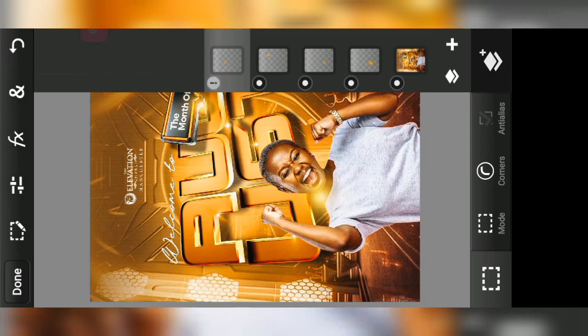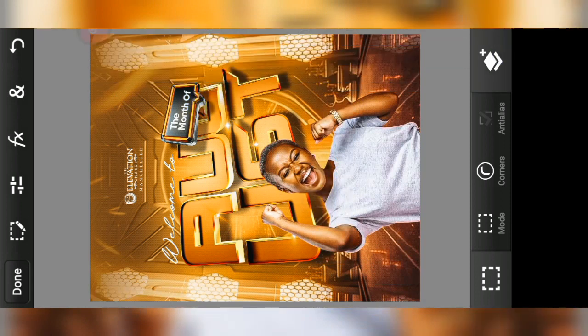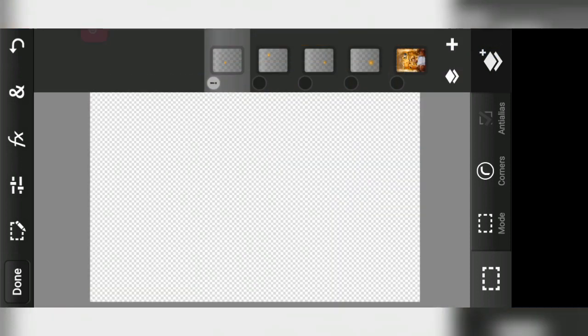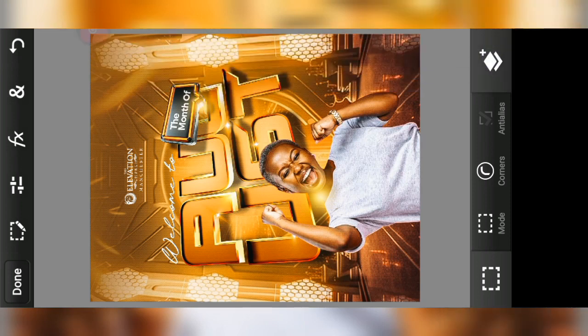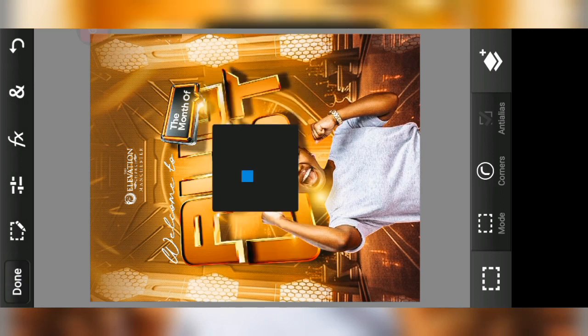So I'm just going to turn off all the flare layers so that you can see what we had before. This is what we had before, now this is what we have now. This was the first flare, the second flare, and yeah, there we go. So with that being done, we can click on done and then save project,